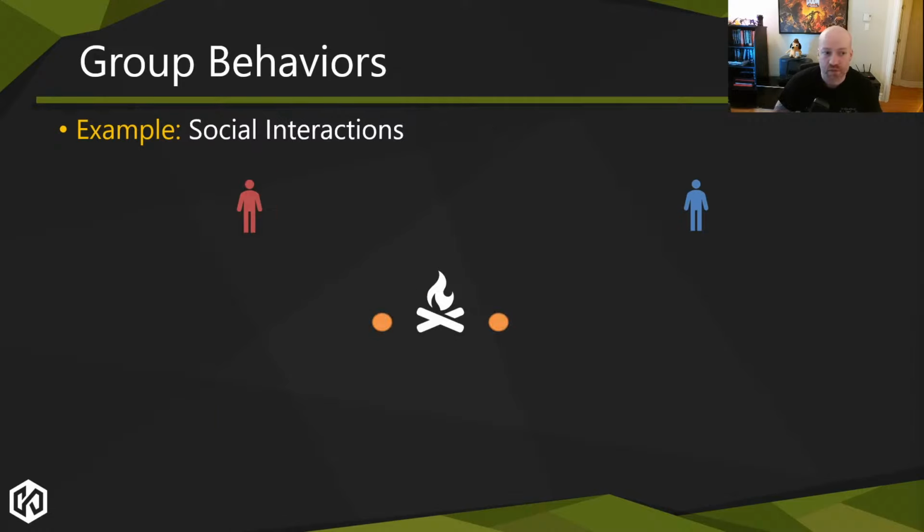Another approach would be to do something like social interactions, where we might have, for example, a fireplace that has 2 slots for smart object usage. One character can go and use the smart object, and the smart object tells it, hey, you're using a smart object. What you should be doing is warming your hands. And so it plays an animation that warms its hands, maybe says some dialogue, whatever, it doesn't matter. And at that point, another agent joins that interaction.